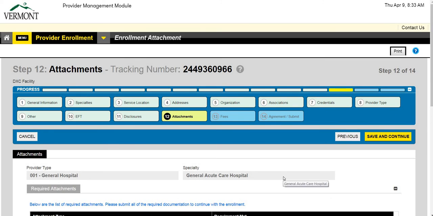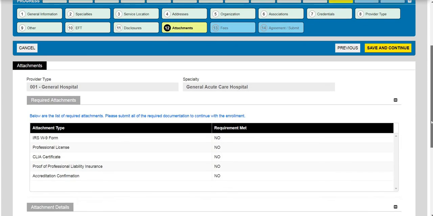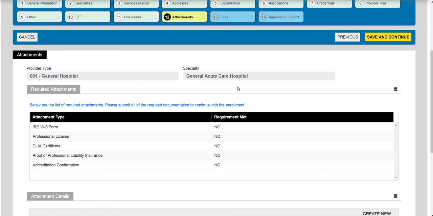The next page of our application is regarding attachments. This is where you're going to upload attachments needed to complete your application. This is the documentation that we're going to need to see along with your completed application. So you'll notice here that it lists the provider type and specialty. So according to this provider type and specialty, along with the information that you've provided so far throughout the application,